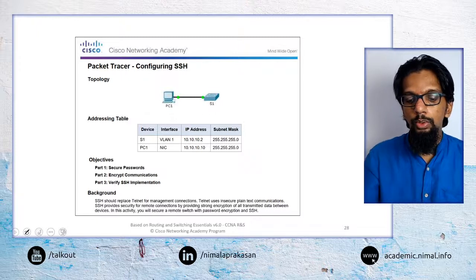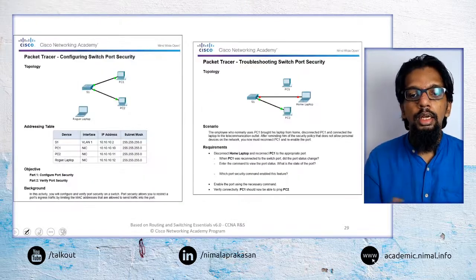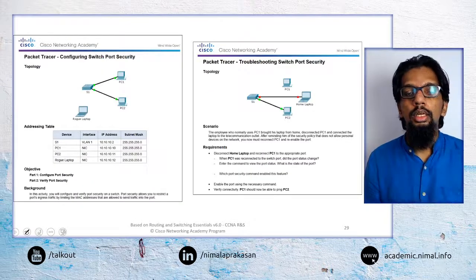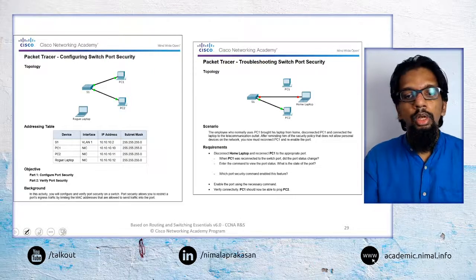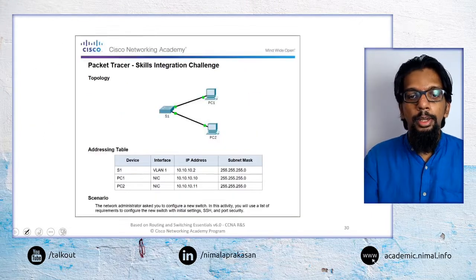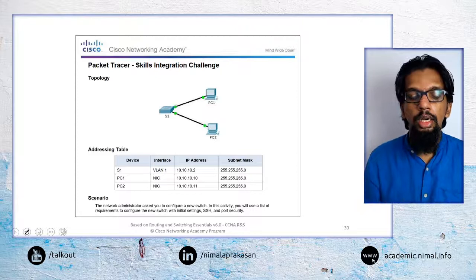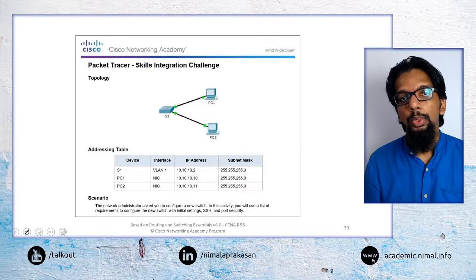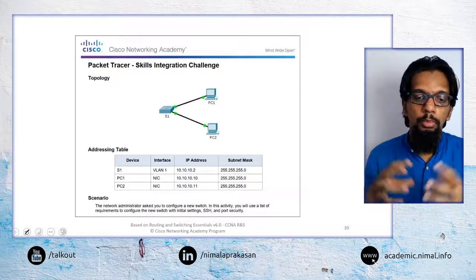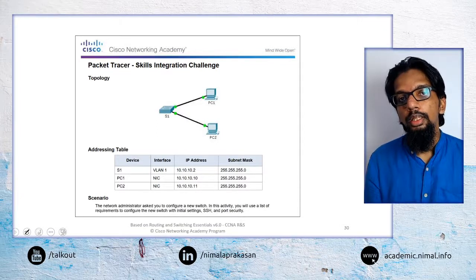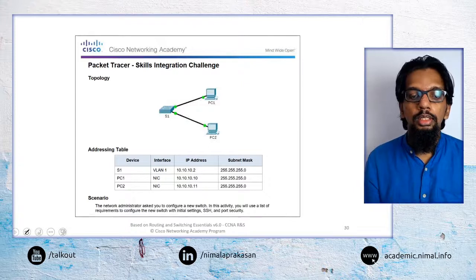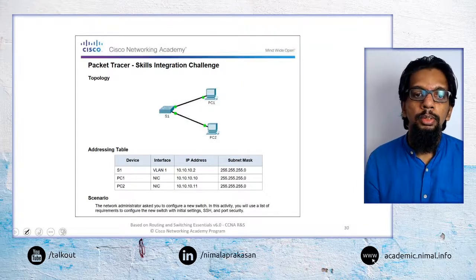There are a few other packet tracer activities related to configuring port security and so on as well. Then there is one last larger activity that connects a number of these things together into what is called a skills integration challenge.